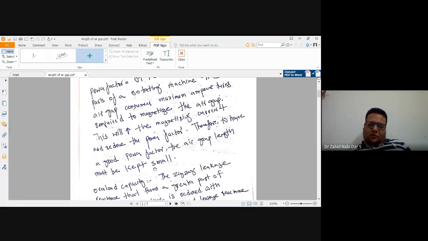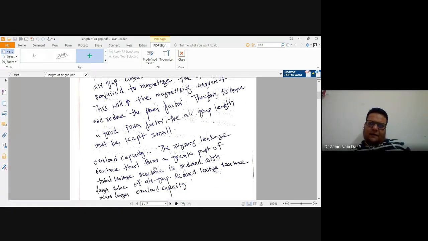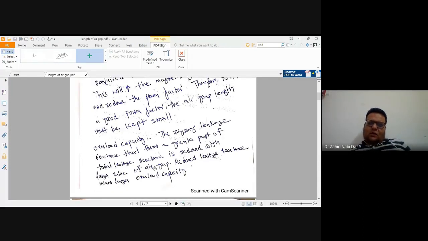But now there are other factors also which we have to keep in vigil, because these factors also play a vital role in designing the length of the air gap. But now let's come to the overload capacity. Overload capacity is, for example, the induction motor has a load rating. Load, when we are speaking in terms of electrical things, can mean the connected load, the resistance which we are connecting, but more or less it signifies the amount of current that a particular motor can bear. So whenever load comes to your mind, load reflects your current, how much current it can bear.